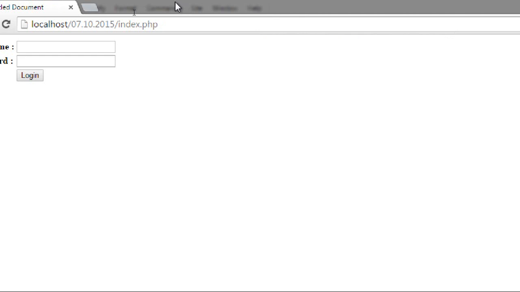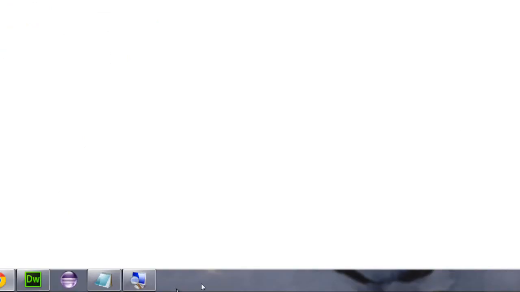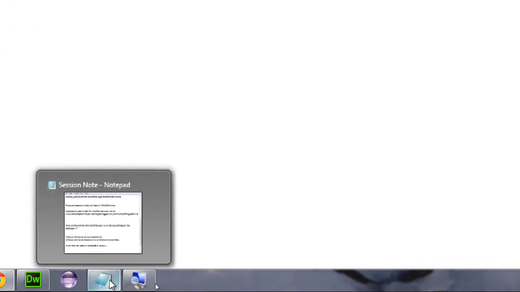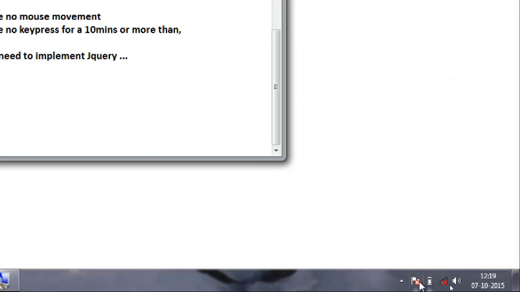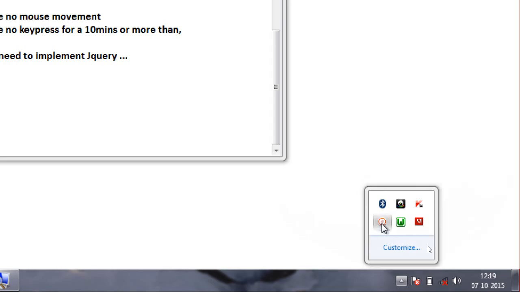So this is the complete package. Only one thing is left to implement, by which I am going to complete the whole session concept here. That is the hit counter logic. Okay, that is the hit counter logic, and again I am going to implement the hit counter